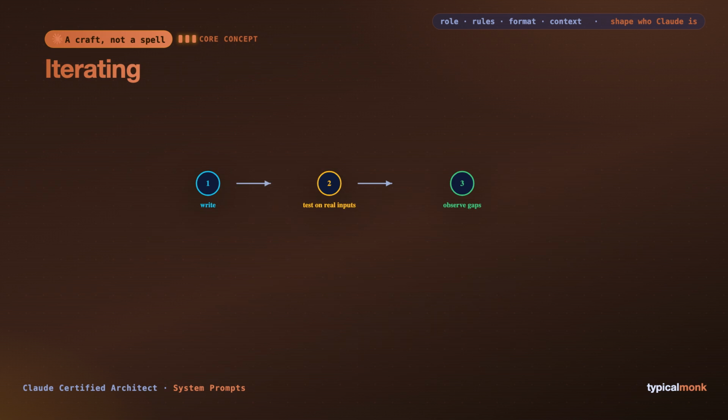Before the recap, one crucial truth about writing system prompts that saves a great deal of frustration. It is an iterative craft, not a one-shot act. Your first system prompt will rarely be perfect, and that is completely normal. You will write it, try it on some real inputs, and notice things: